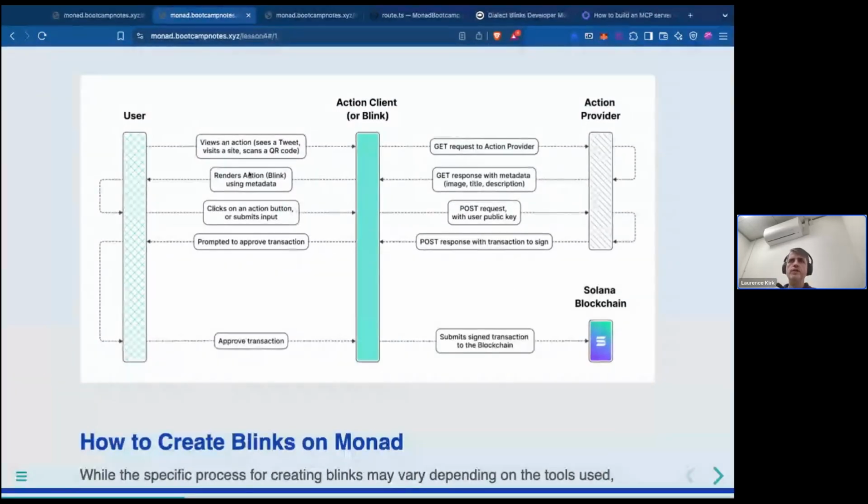So the way that this works is that your user will be made aware of the action. That could be because they see a tweet, or they visit a site where there's a button perhaps, or it could be a QR code. But that's meant to be something quite lightweight, quite simple for the user to find and to interact with. And when they do that interaction, it creates a GET request, which is sent to the action provider. This is a process that is going to assemble the data for a particular thing that